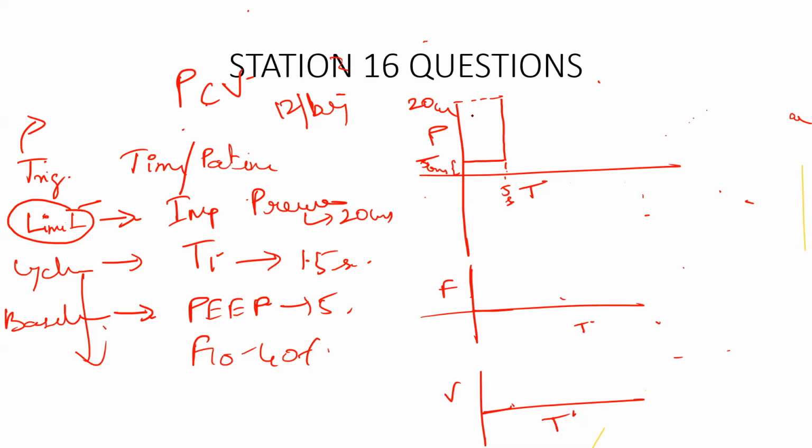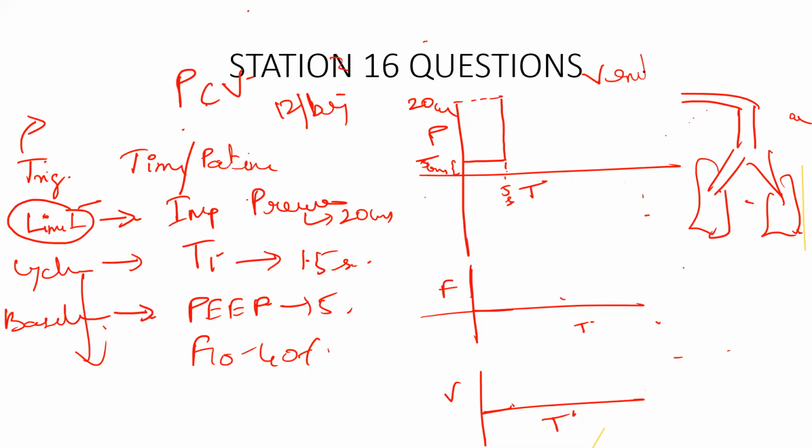You have set a pressure of 20 centimeters of water. Now it is increasing to 20 centimeters of water rapidly. Okay, so this is a tube which is connected to the ventilator. The ventilator pressure is 20, right? Yes, sir. And the lung pressure, since you kept a PEEP, is going to be 5. So this pressure gradient of 20 to 5, from high pressure, the gases will flow inside, right? Yes, sir. So the flow is going to take a rapid upstroke.